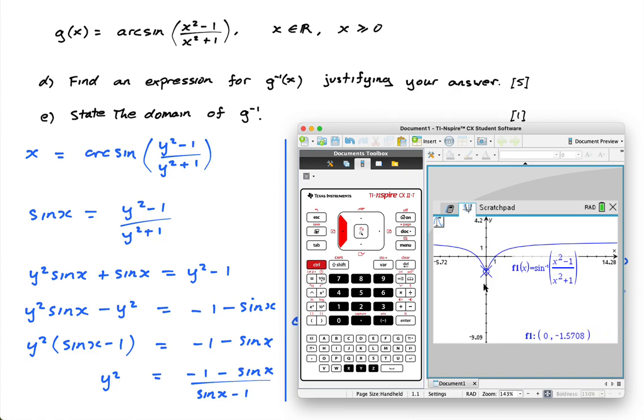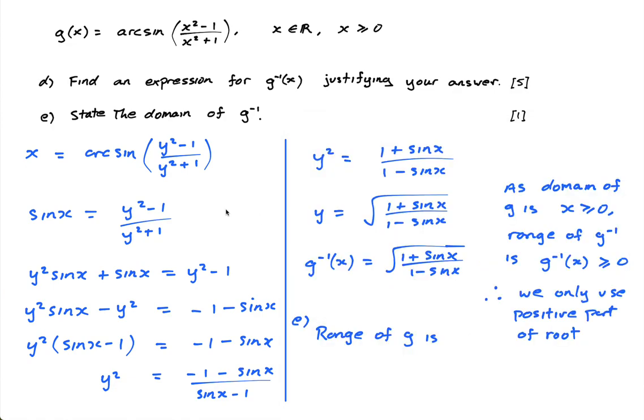The minimum, if you like, although it's a sharp point, is minus 1.5708. Now you might note, guys, what point is that? Well, that is negative pi over 2. So the range of g is y is greater or equal to negative pi over 2, and it has to